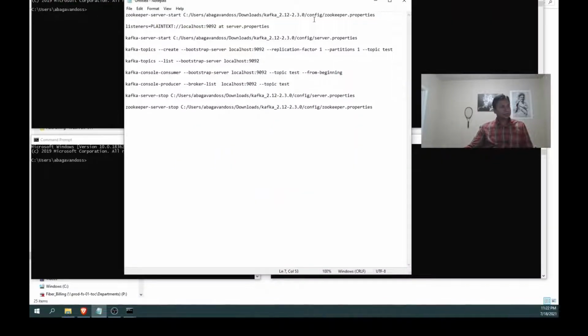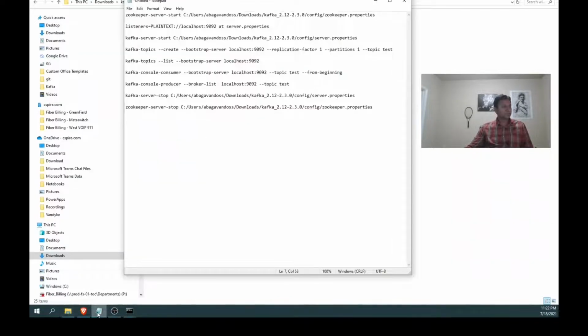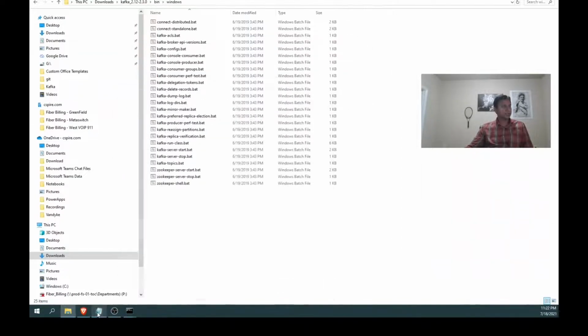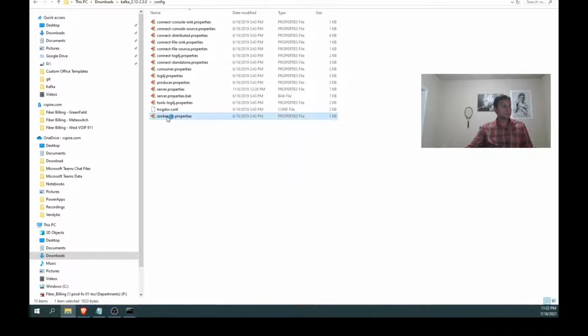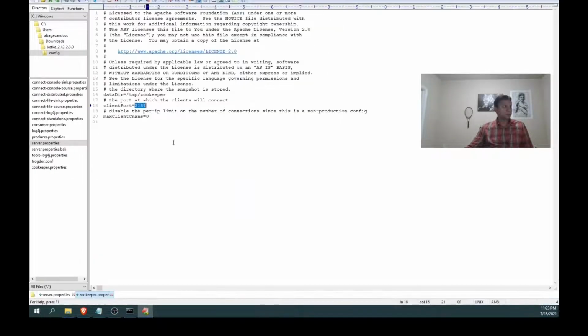First, I am going to start the Zookeeper. You can see this config Zookeeper properties file, it is going to be in the config files. The port is 2181, and the data directory currently points to temp and Zookeeper.